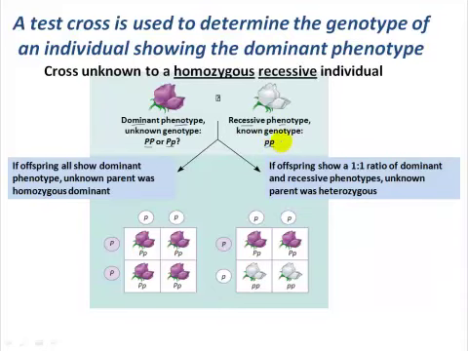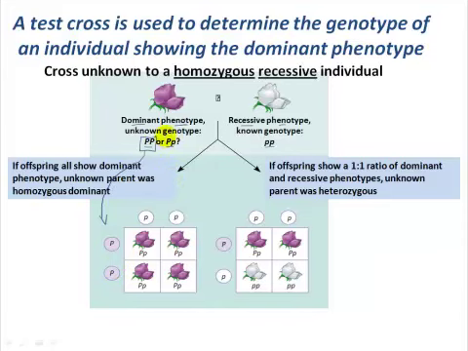And the phenotype that we observe in the next generation is really going to be determined by the gametes coming from this unknown plant, right? Whether they're passing on the purple allele or the white allele. And that's going to be dependent on what their genotype is. So we have two possible scenarios. Under scenario 1, our unknown parent plant is homozygous dominant and can produce only purple flower allele gametes, right? That's all they've got, that's all they can pass on.